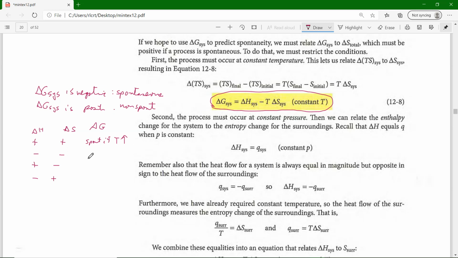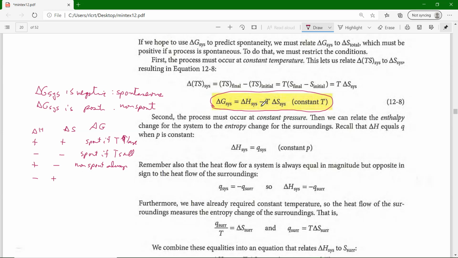If they're both negative, then you're only going to get a spontaneous process if temperature is small. Only at small temperatures, because if you go to high temperatures, then you're doing minus and minus, so your delta G is going to become positive. If delta H is positive and delta S is negative, then it's never going to be spontaneous. It's going to be non-spontaneous always, right? Because delta H is positive, minus temperature, which is always positive, times delta S, which is negative, so it's positive minus a minus, which means plus. So delta G of the system would be positive always,